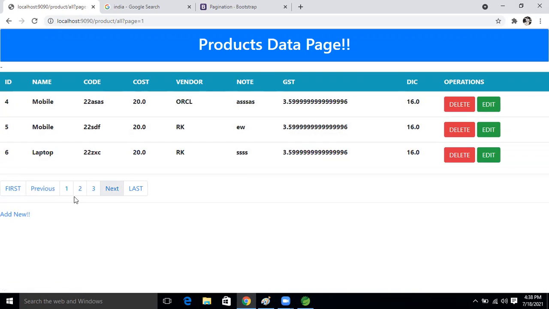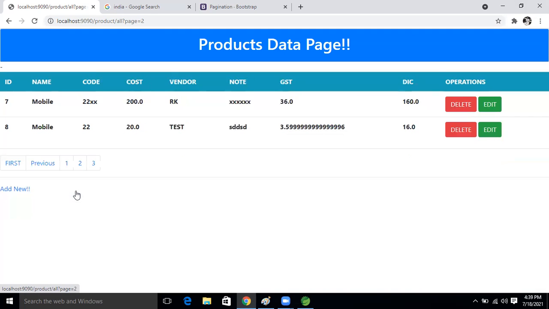No, no, no, something is still wrong. First is not implemented. We should get 1, 2, 3. One minute. We are there in the first page, right? I want to jump to the last page. Now click on that last. Yes, sir, we are there in the last page, right?